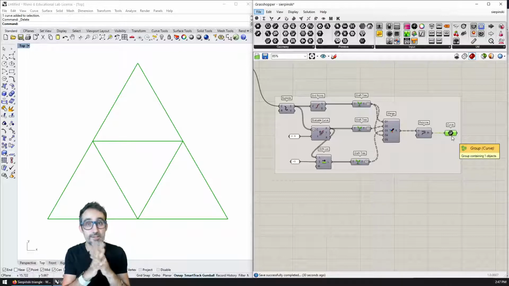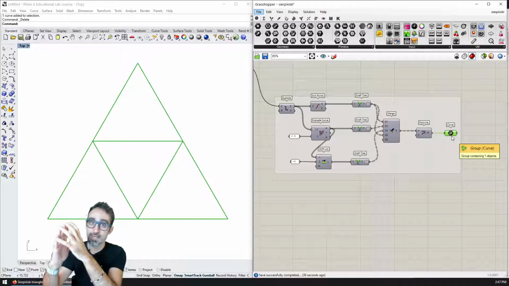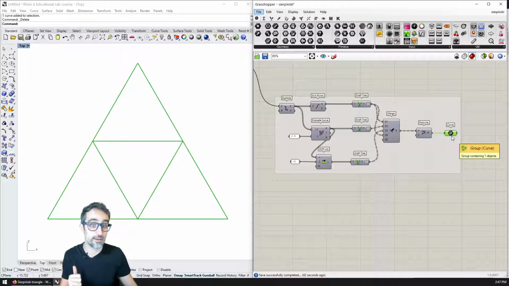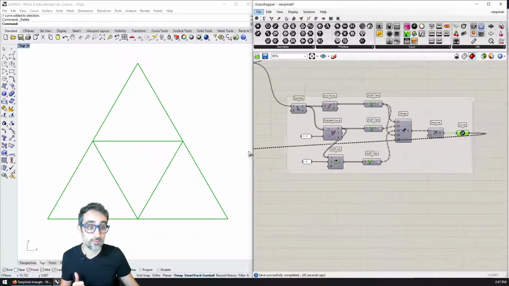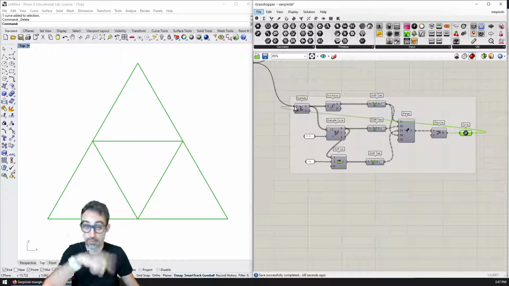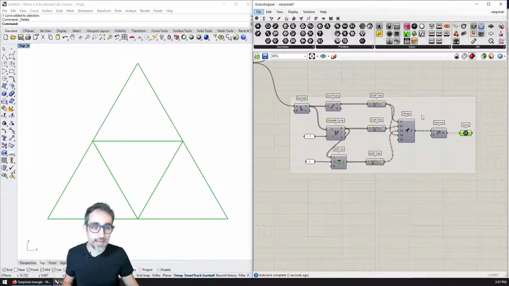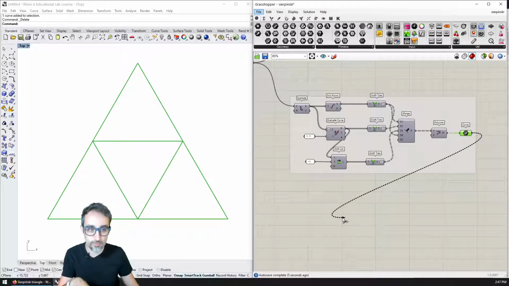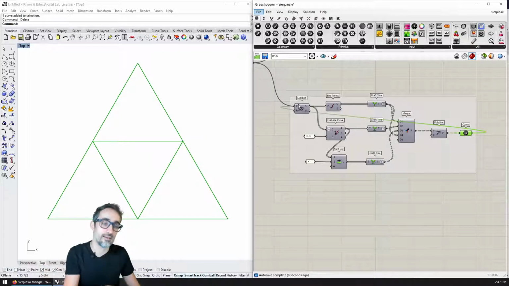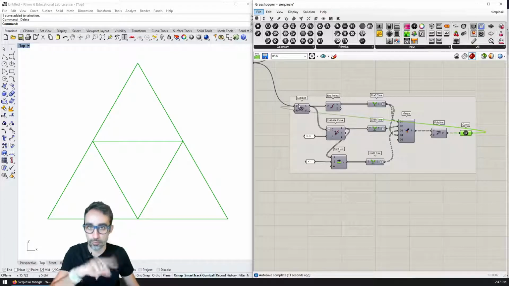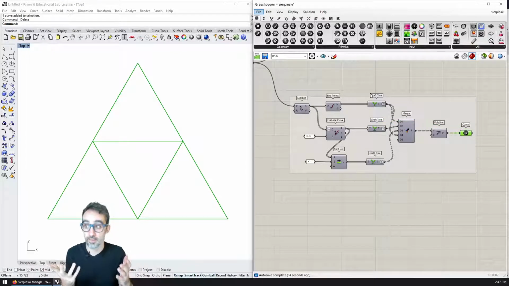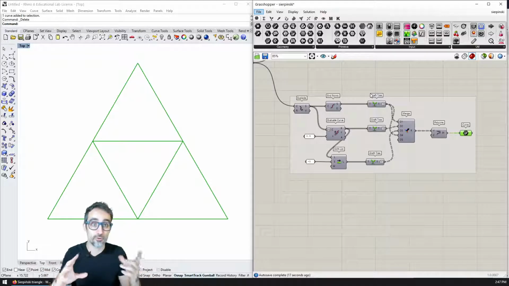The problem is that Grasshopper doesn't really let me perform recursion programmatically. Grasshopper is a directed acyclic graph, which means that if I try to plug the result of this back into the beginning to create a loop, you see everything breaks, because I cannot connect the output of something into an input that will lead into the same output. That's part of how Grasshopper behaves. There are plugins that allow you to work around that limitation, but I'm not very interested in showing those at this point. I'm more interested in just the concept.